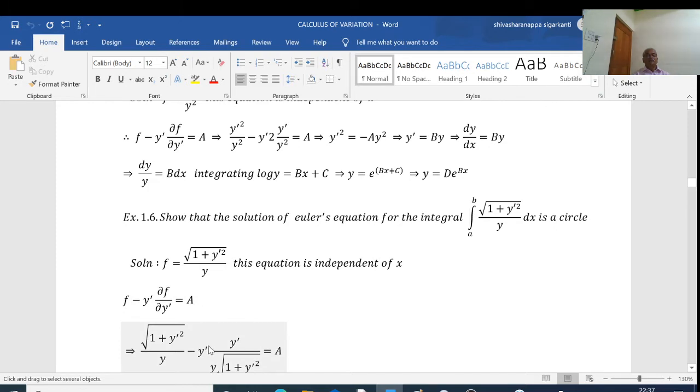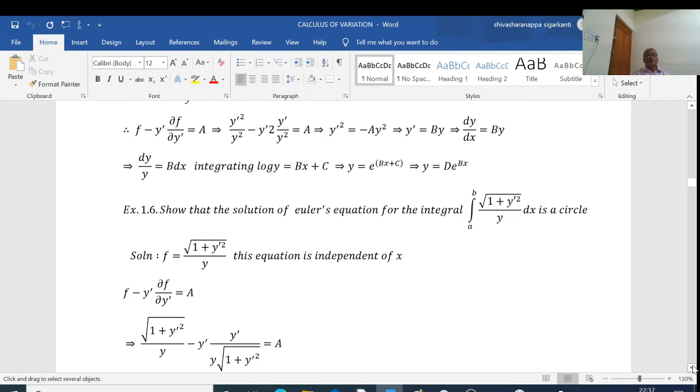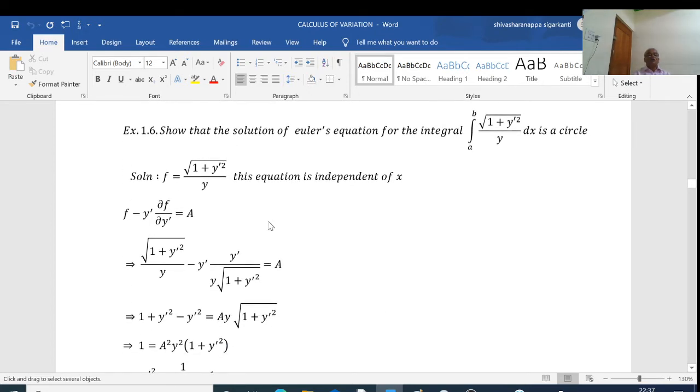as it is into dou f by dou y dash. Dou f by dou y dash is 1 by y is a constant quantity, I will keep this as it is, and this y dash I will keep this as it is here. Dou f by dou y dash, derivative of this root is 1 by 2 root of 1 plus y dash square. I have not written 2 here because this 2 gets cancelled. Okay, first root derivative is 1 by 2 root of 1 plus y dash square into, I have to write